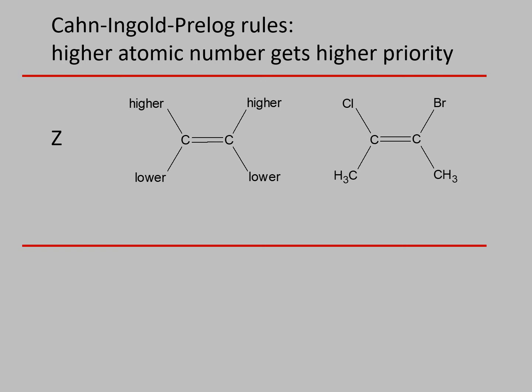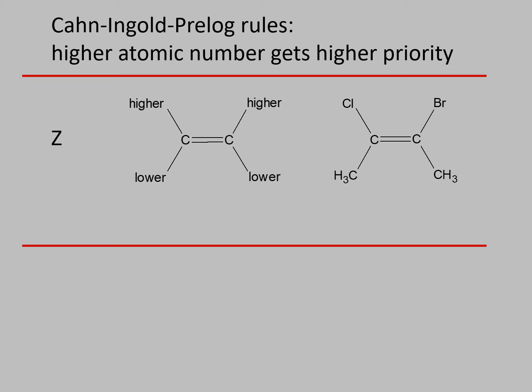Tri- and tetra-substituted alkenes can't use the cis-trans designation because there's more than 2 substituents coming off of the carbons. So we have to have a different system, and we're going to learn the Cahn-Ingold-Prelog rules, which give priority to the higher atomic numbers. So in the Z configuration, those higher priority substituents are on the same side of the